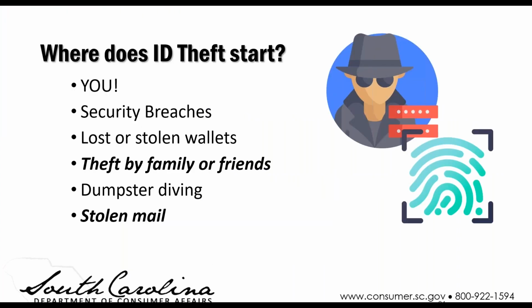When it comes to identity theft, keep in mind that a lot of times it does start with us, that we're the ones who accidentally give information away, or we may be posting it on social media, or we may give it to somebody who calls us. A lot of times it's us that gives those details away to a scammer or in an identity theft situation. So really take a look at the things that we do and can control, look at who we're giving our information to and how that could be used, and think a little more about it. But identity theft can also happen in a variety of other ways, like lost or stolen wallets, security breaches, sometimes theft by family and friends.